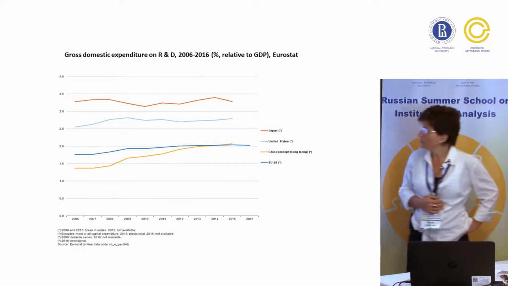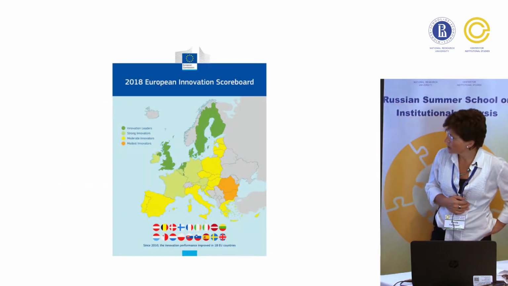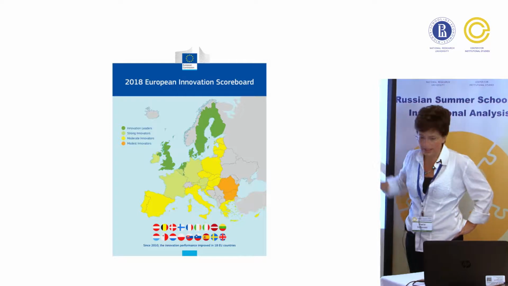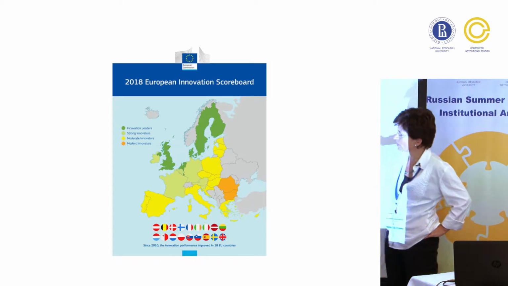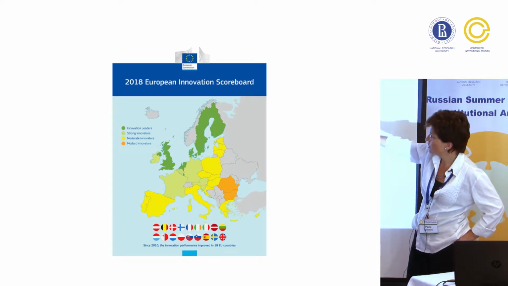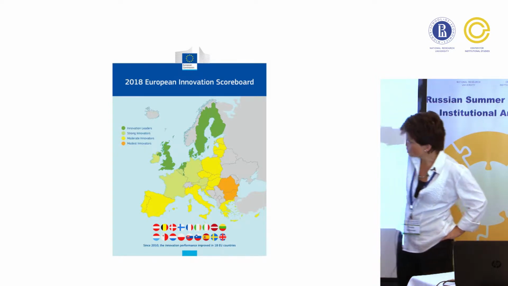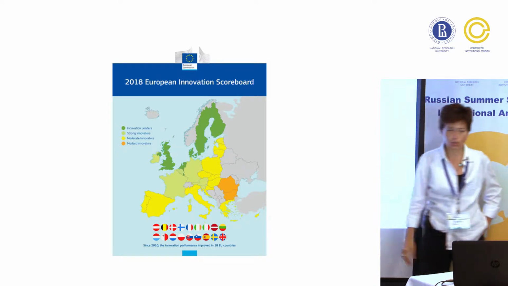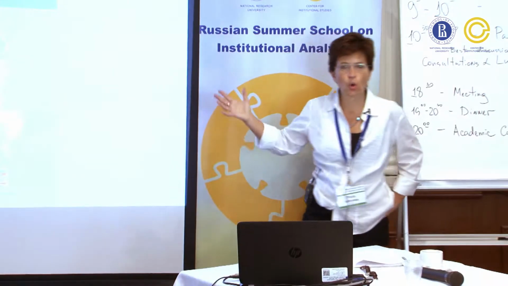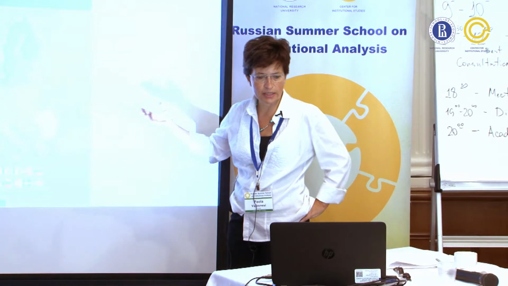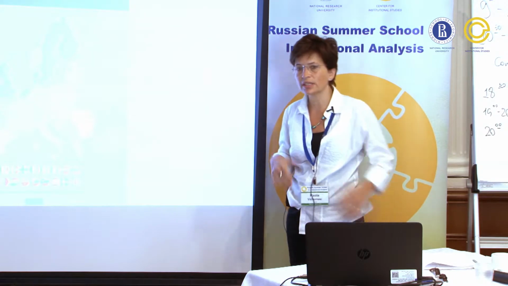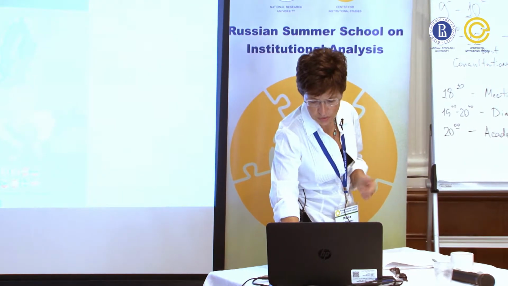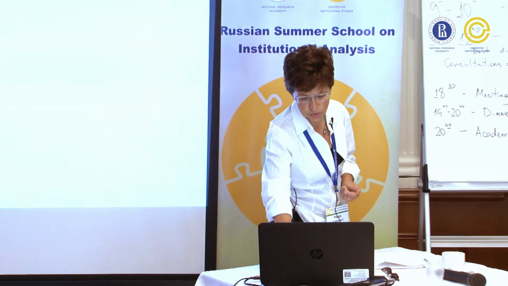And moreover, here you have the European Innovation Scoreboard 2018, and you can see that the dark green are innovation leaders, which are in the north of Europe. Then you have strong innovators somehow in the center, moderate innovators and modest innovators, which are close to the orange. What does it mean? Having all this heterogeneity in research and development investment, and so in innovation, there is really a lot of room to improve innovation, and this is something that should be taken into consideration.